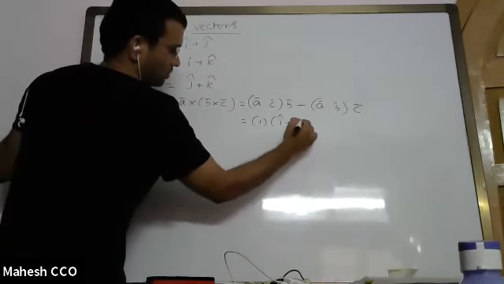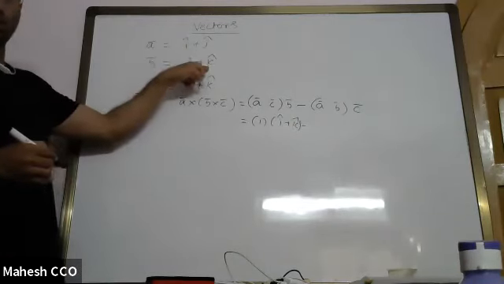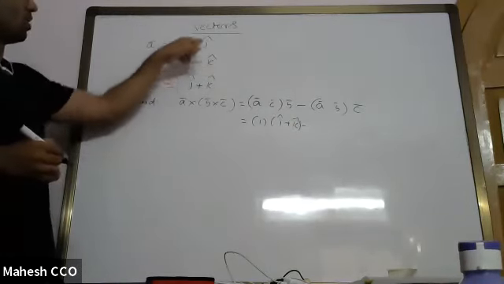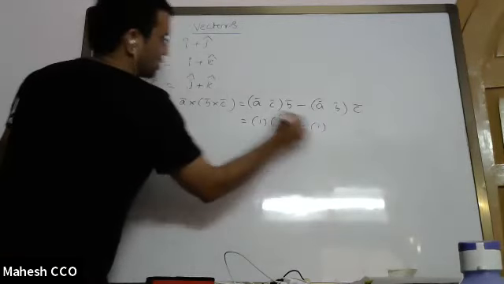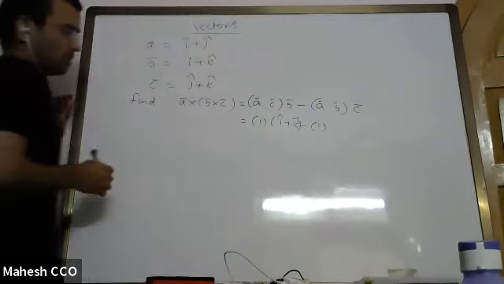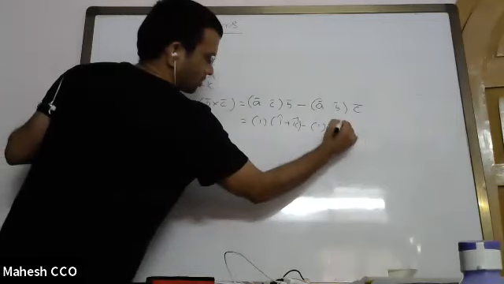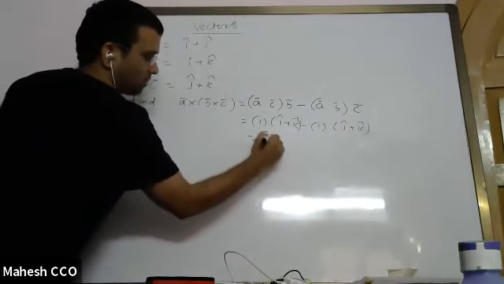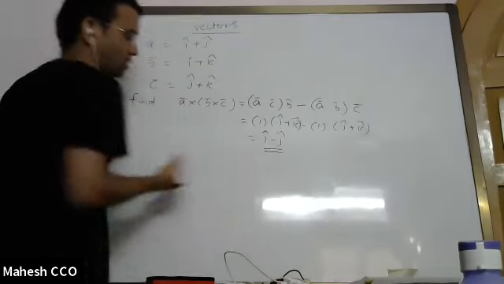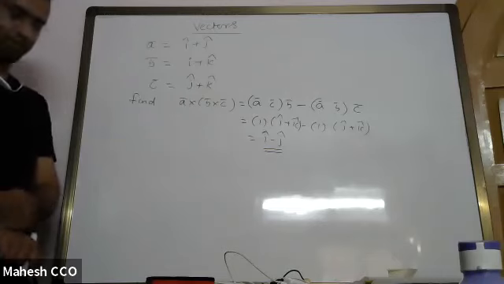Fairly a simple question. A dot B, again I dot I will be 1, I dot K will be 0, J dot I will be 0, J dot K will be 0. So this is 1 again, because in A dot B also you will get I dot I, which is 1, the rest will be 0, into C bar, which is J cap plus K cap. So ultimately this will become I cap minus J cap. Fairly a simple question, and that is how we do it.